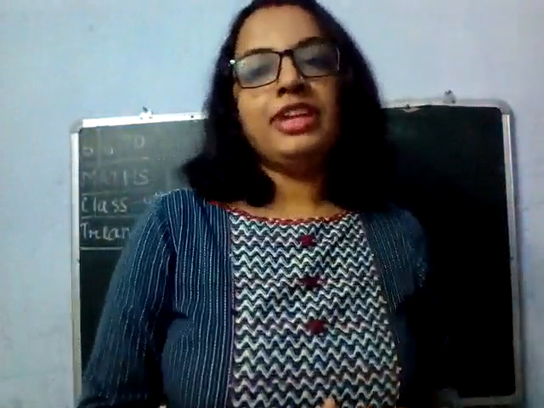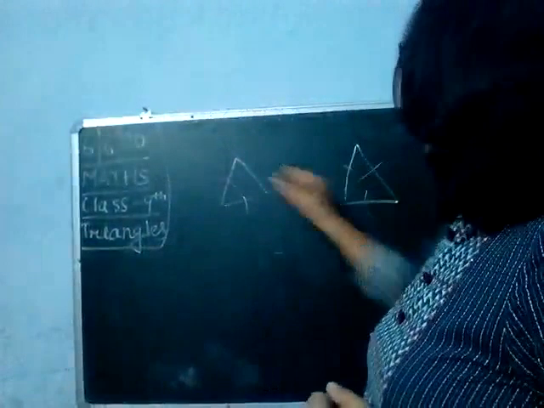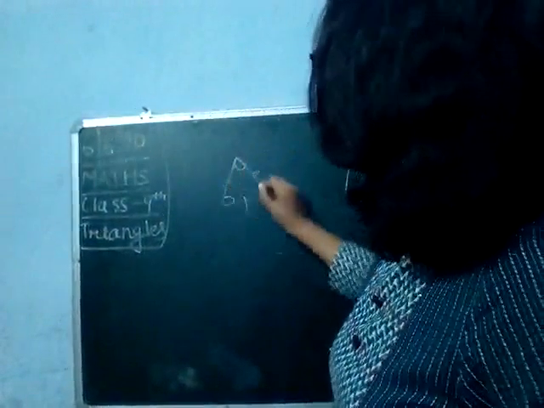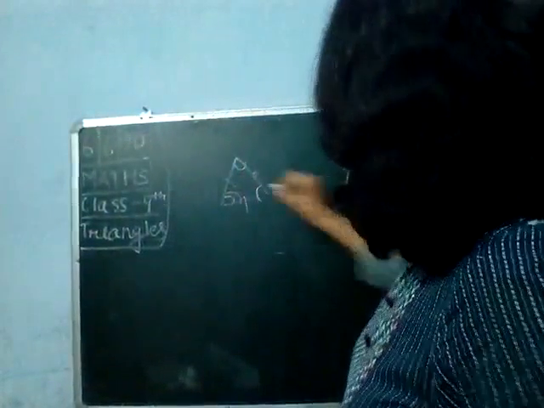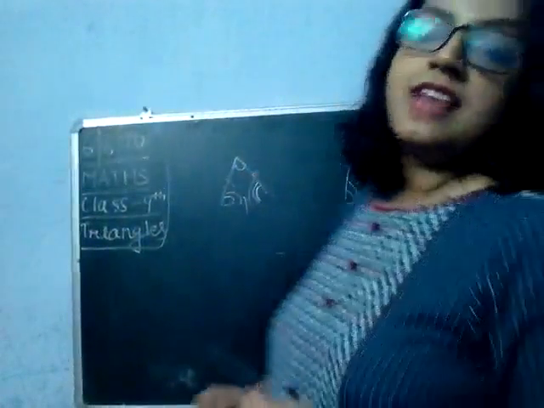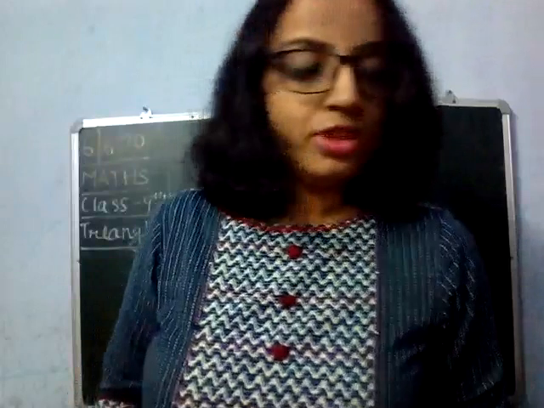In triangles, two triangles are said to be congruent if their corresponding sides are equal and also their corresponding angles are equal. Suppose I ask,